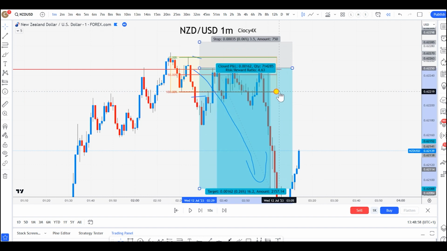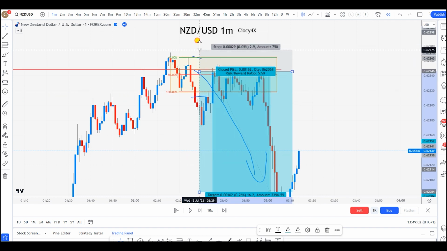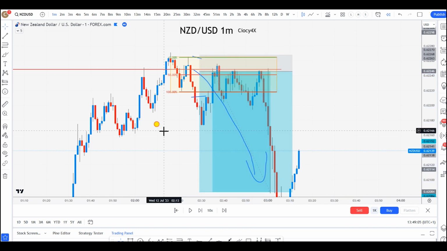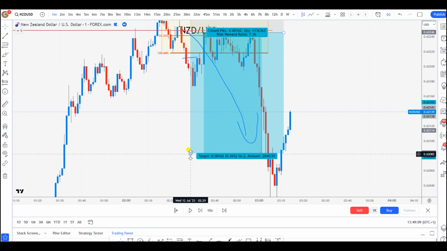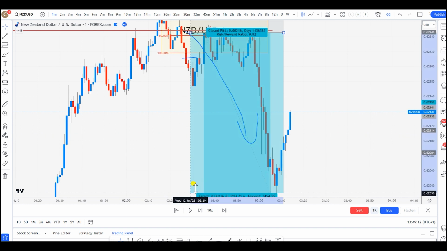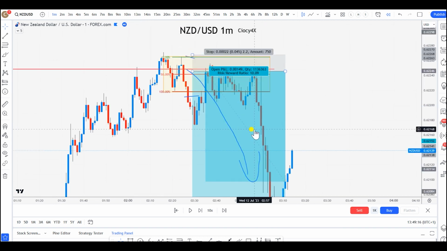Or if you're a supply demand trader, in this case, look at this, you have a beautiful base over here, so you have a rally base drop. You take that, and then in this way you can even reduce your stop loss and even have a higher risk to reward. So just this drop itself, it could have given you a nice 1 to 10 almost, right? And that's it, as simple as that.